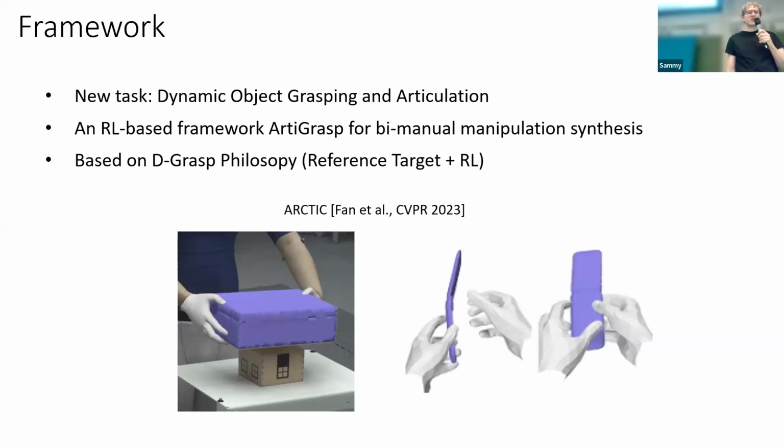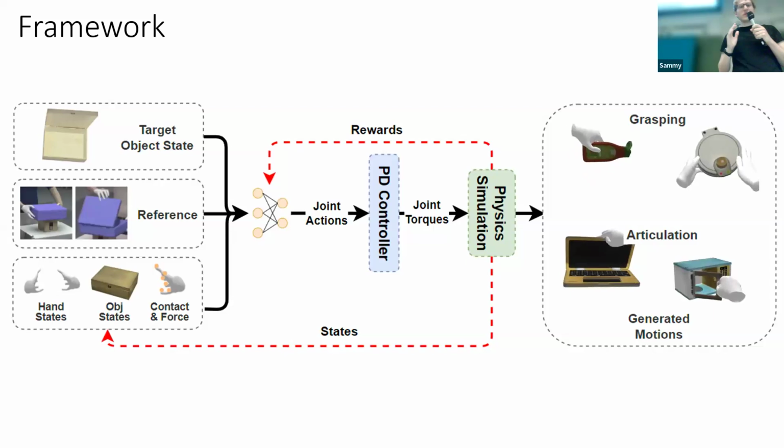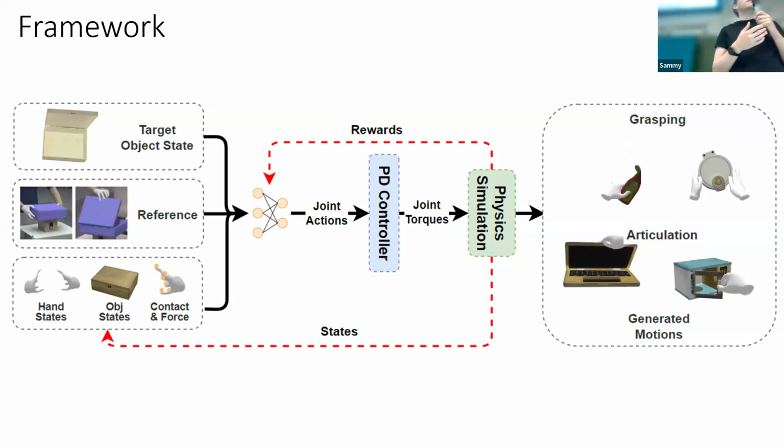While the task is new, the philosophy that we use here is similar. We again use physical simulation and reinforcement learning. And we assume that we have access to single frames of grasps that tell us roughly how we want to start the manipulations. I won't go into the technical details because we will have a poster in this workshop where you can come and talk to us if you're interested in more of the technical details. I just want to give the main insights.